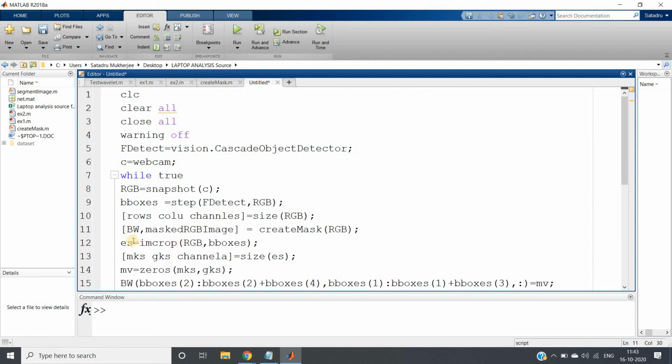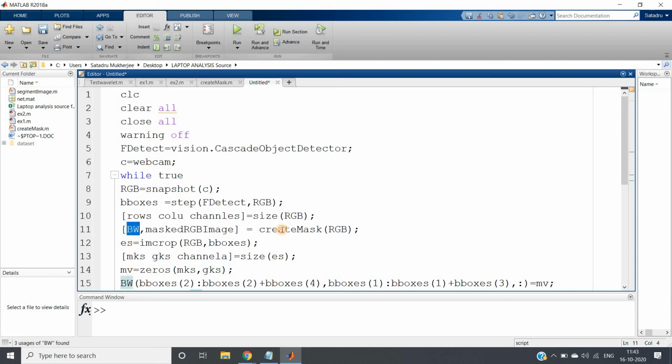Then I am cropping only the face part that this vision cascade object detector is detecting, and I am also calculating the size of that. I create one zero matrix of the same size as the detected face. And BW, what is BW?